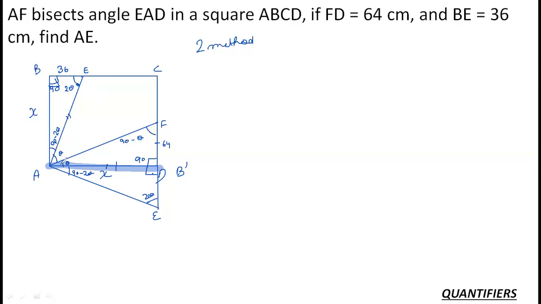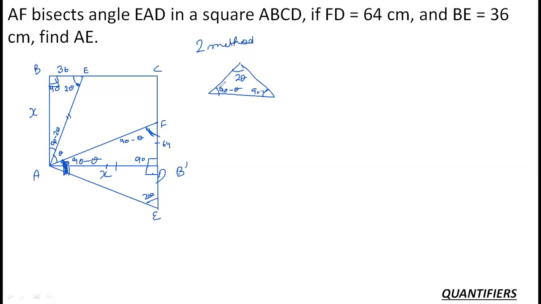Right? So if I calculate this combined angle, 90 minus 2 theta and theta, if I just find this combined angle, my answer would be, my complete angle would be, can I say 90 minus theta? Yes, it will be 90 minus theta, right? Now, this angle is also 90 minus theta. This angle is also 90 minus theta. Now, it has become an isosceles triangle where two angles are 90 minus theta each, and one angle is 2 theta, right? A very fair diagram.